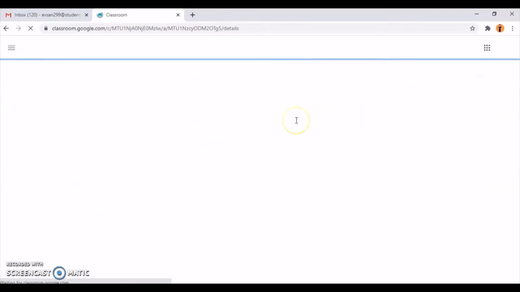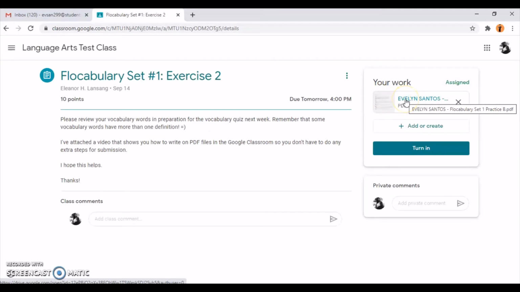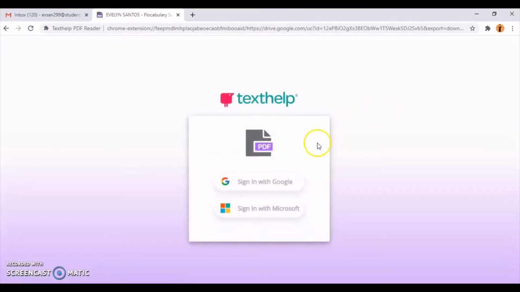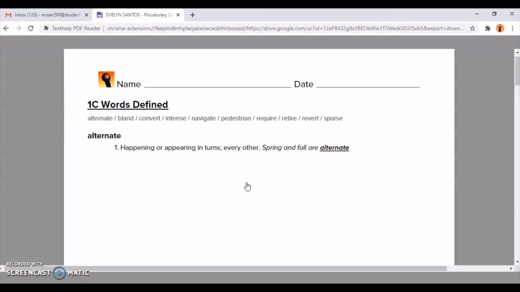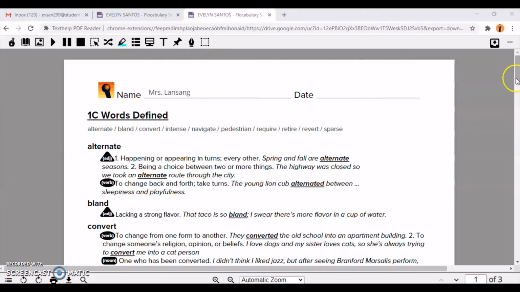You can refresh the page. I don't think it makes a difference though. You'll click on the assignment, and then it'll be your first time signing in with Texthelp, so that it allows you to have access to your Google Drive. So when you open up the page,